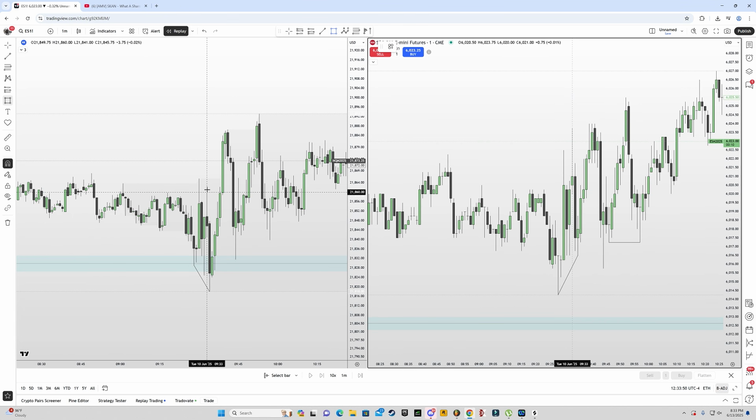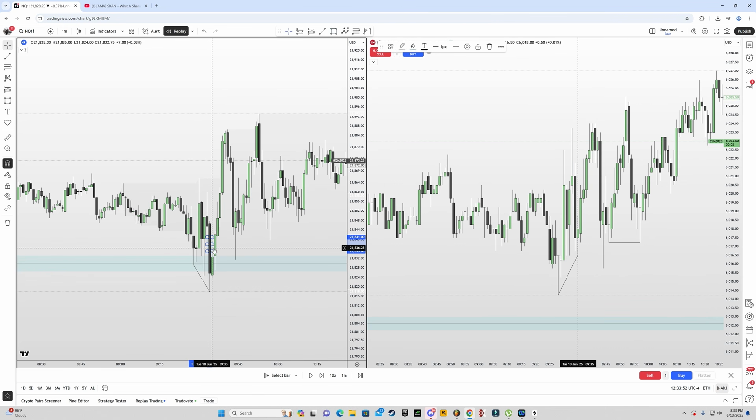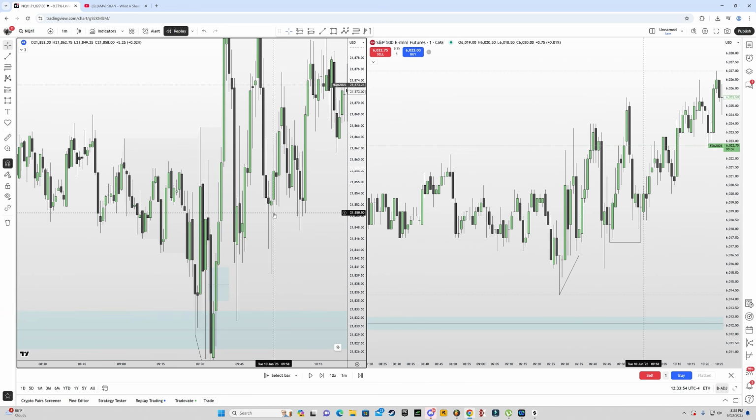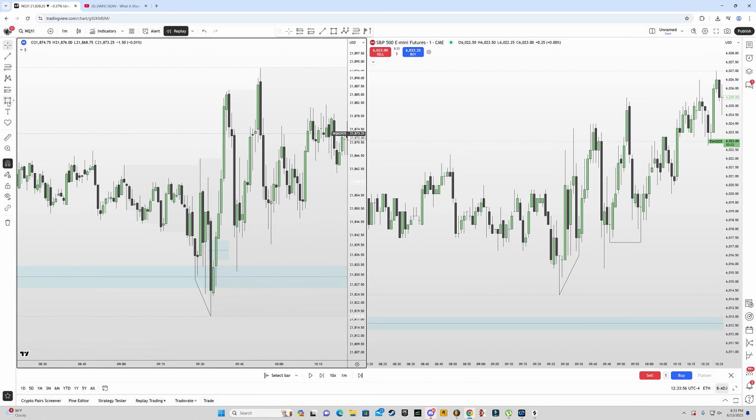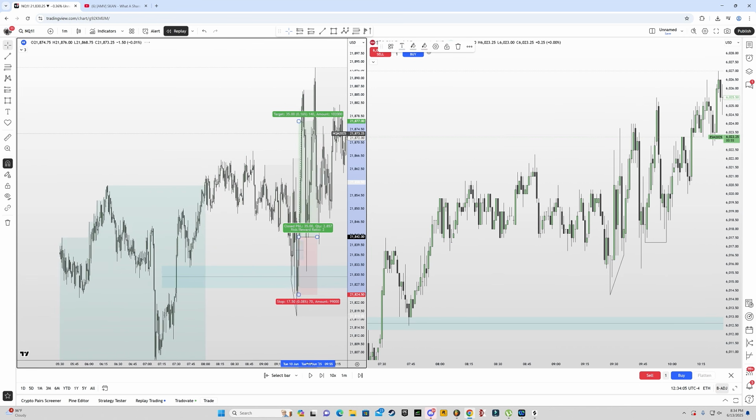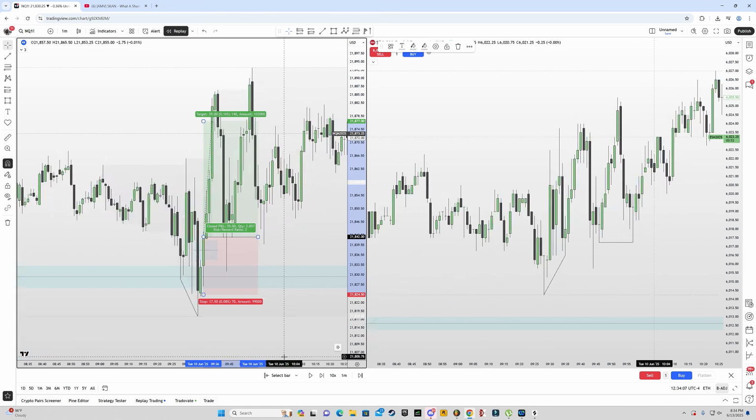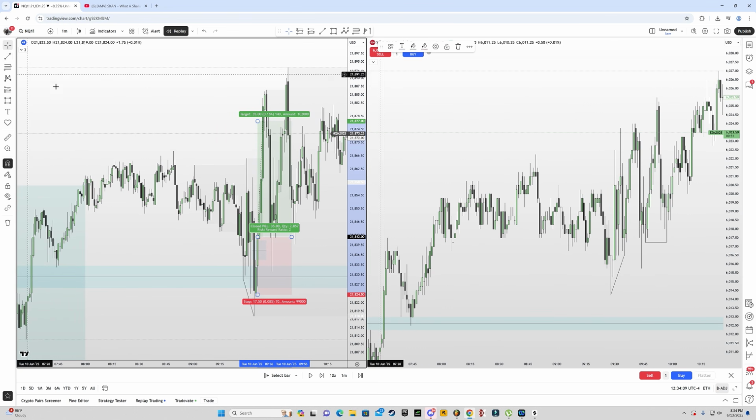From this dealing range high to this dealing range low, we only have one fair value gap. And as soon as price closed above it, that was a beautiful long. You can see how quickly price went up. Stop was somewhere around here. And for this, we went for 1 to 2. Why? Because we had a bunch of liquidity here. And also, I took a little bit of risk and held the position.